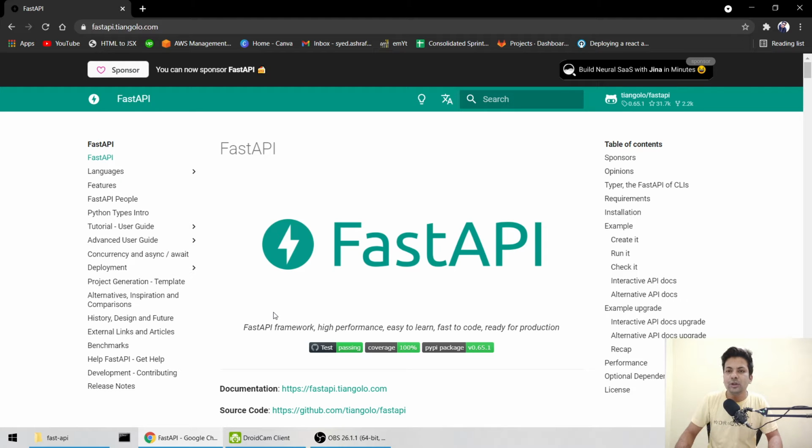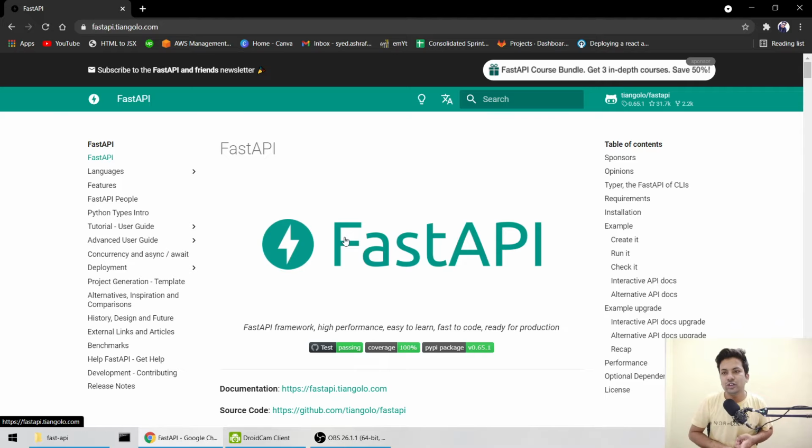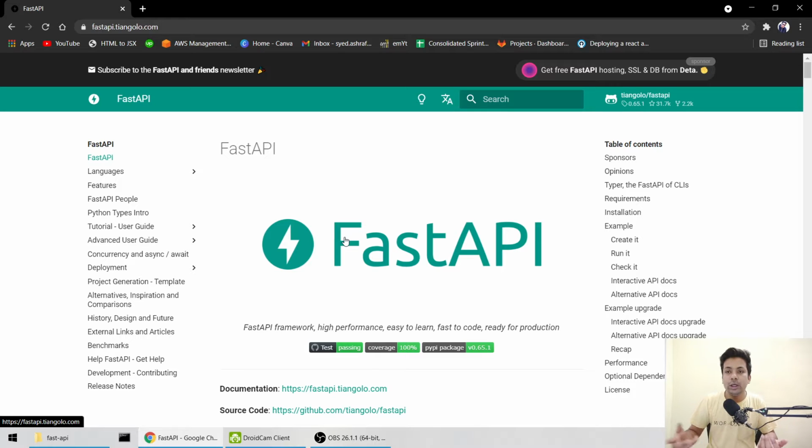Hey guys, today I'm gonna show you how we can build APIs in FastAPI. So basically I'll just tell you how to make a GET request and a POST request, not handling the database and all that stuff. You already know that, I think, that's why you are using FastAPI, or you just wanna make a URL or endpoint of an API. So I'll just tell you GET and POST, and it will be a quick tutorial.